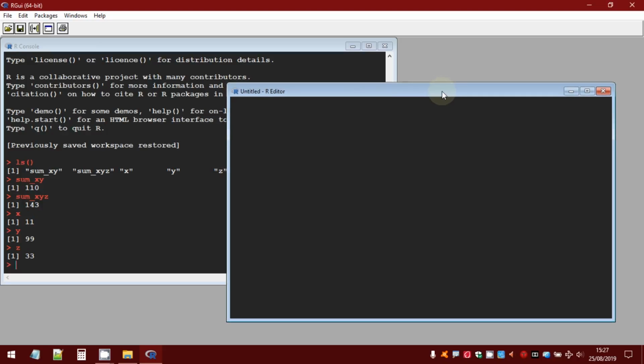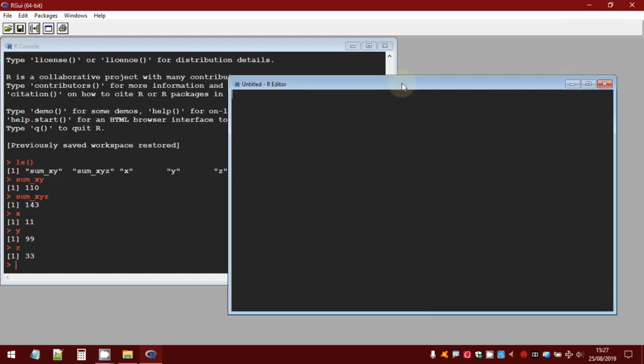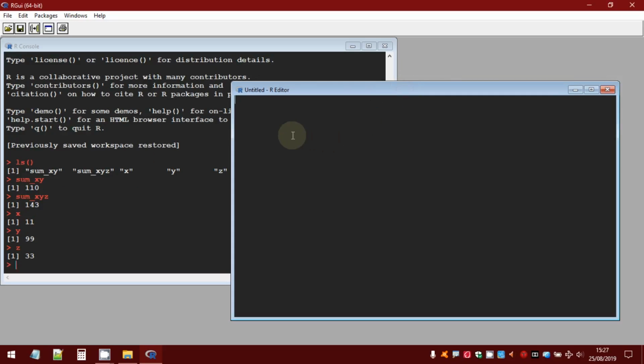The R Editor window is a simple text editor where you can type your commands. For example, let's type some new commands.